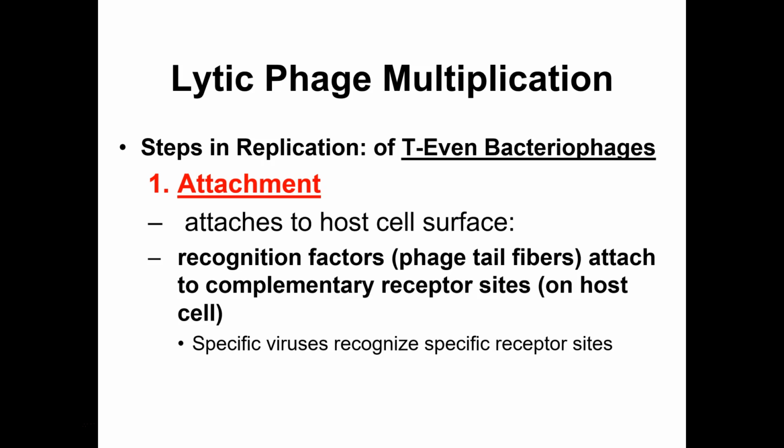Alright, let's talk a little bit about what's happening in these steps. So, looking at T-even phages here. So, in attachment, we've discussed this already, right? Spikes will bind to some receptor or protein on the surface of the host cell. So for the T4 phage, as to my understanding, it binds to the LPS layer of E. coli.